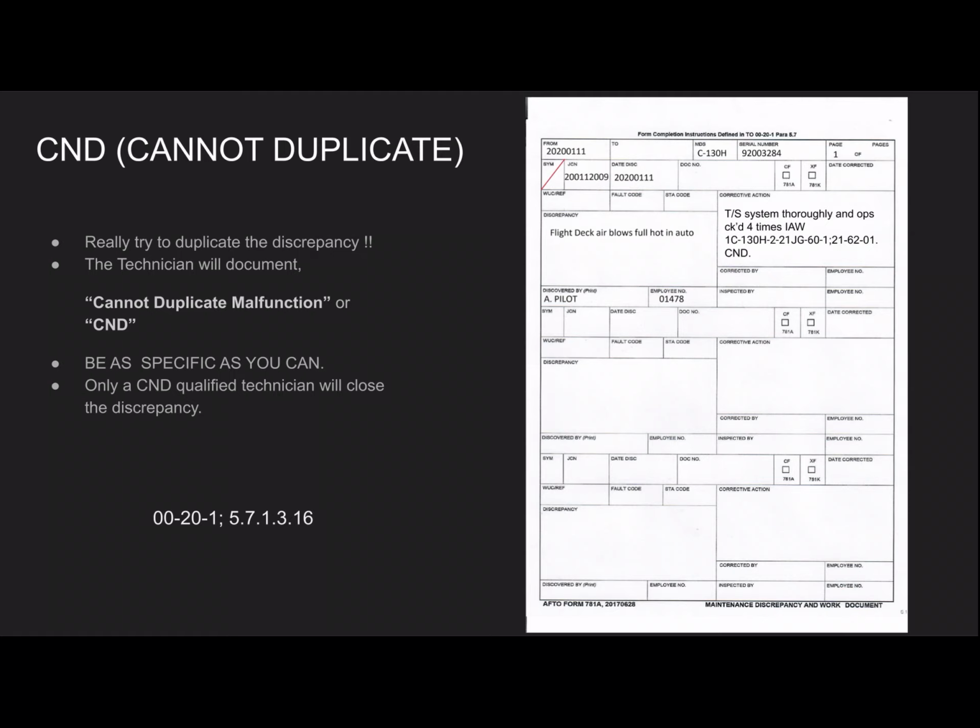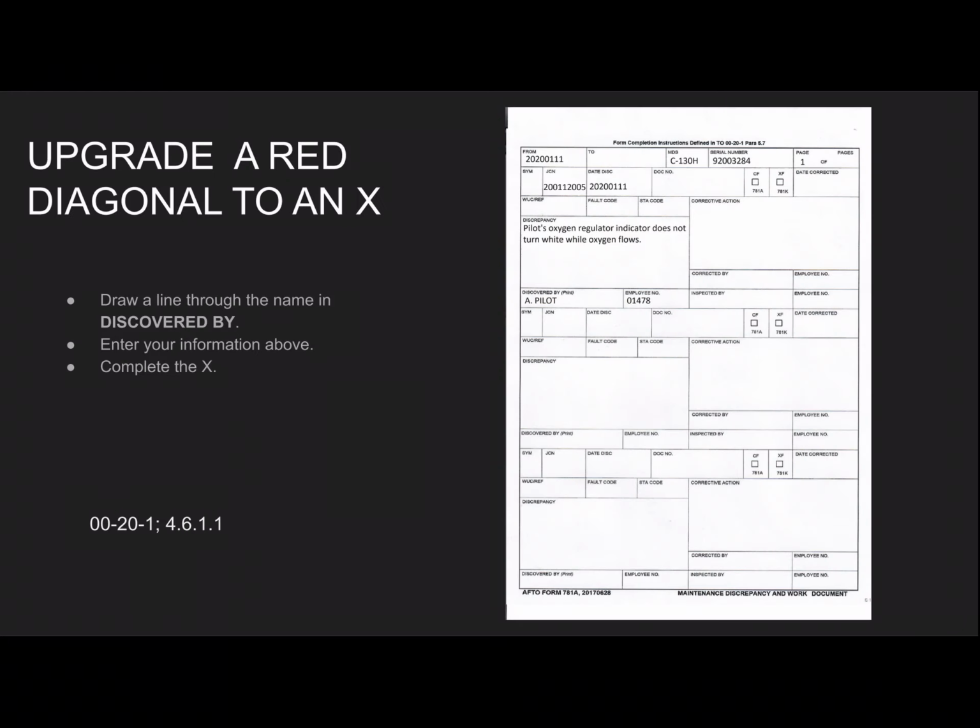And lastly, we have a cannot duplicate write-off. So with cannot duplicates, you want to try as hard as you can to get that discrepancy to pop back up, but sometimes it just doesn't happen. So this is what you would do. You put what you did, try to be very thorough, and then you give your TO reference that you used for the ops check, and then only a